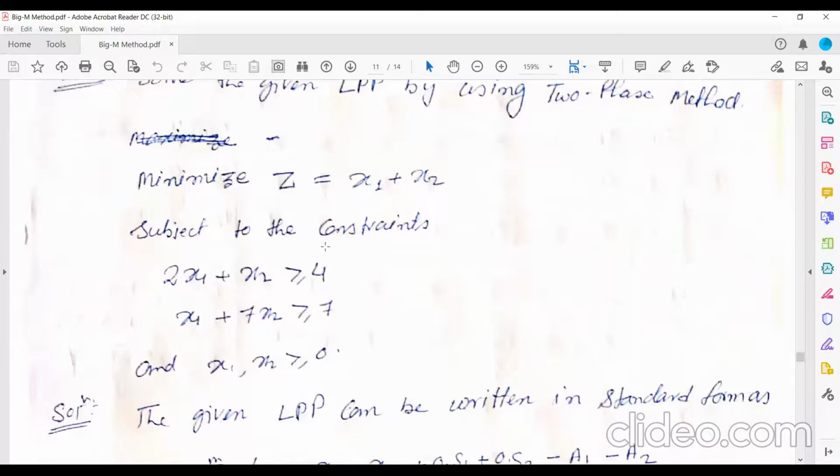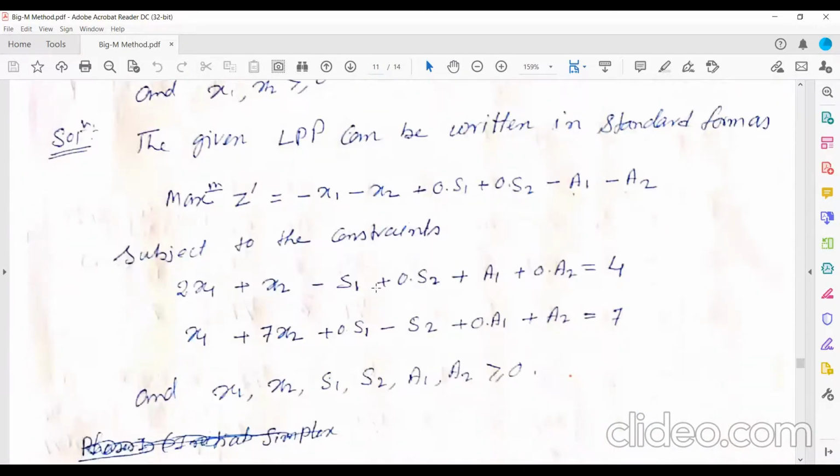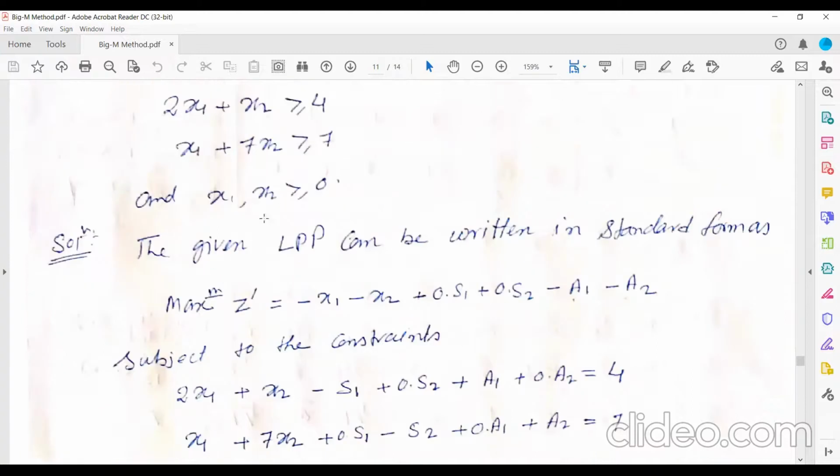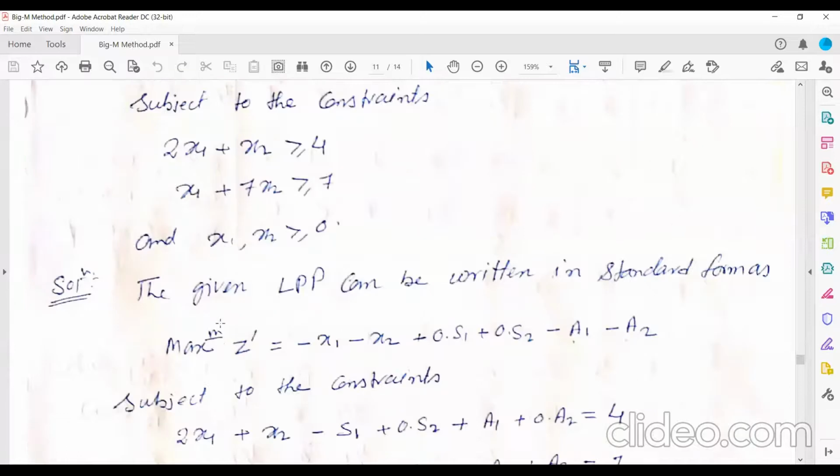Then I have done one more problem. So you can go through this problem. Here both the constraints are greater than or equal to. Same thing. So here, in order to convert the inequation to equation, 2 surplus and 2 artificial variables we need to incorporate in these 2 constraints, and then we have formed the objective function. Since the problem is of minimization, first we have converted it to maximization, and then we have written the objective function. So Z dash, I have given the name, Z dash will be your minus Z.